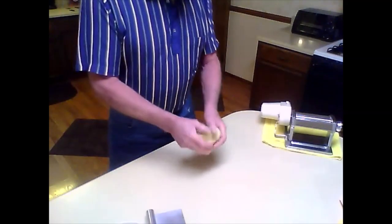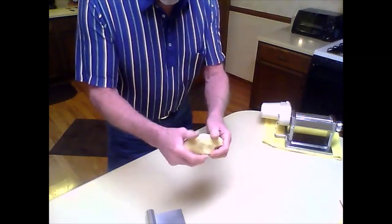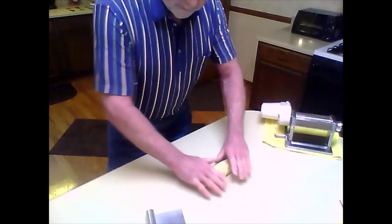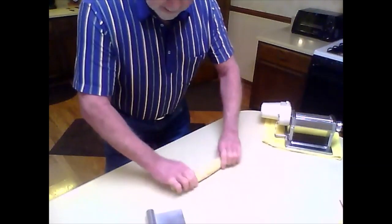Now what I have to do is get it in shape so I can get it into the rollers here. So obviously that big glob of dough won't go in there, so I have to thin it out. What I generally do is roll it out like so, and then,